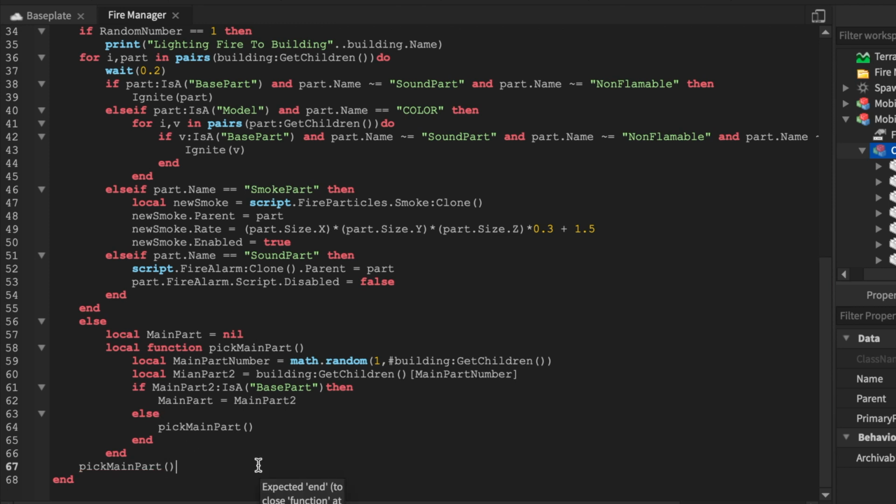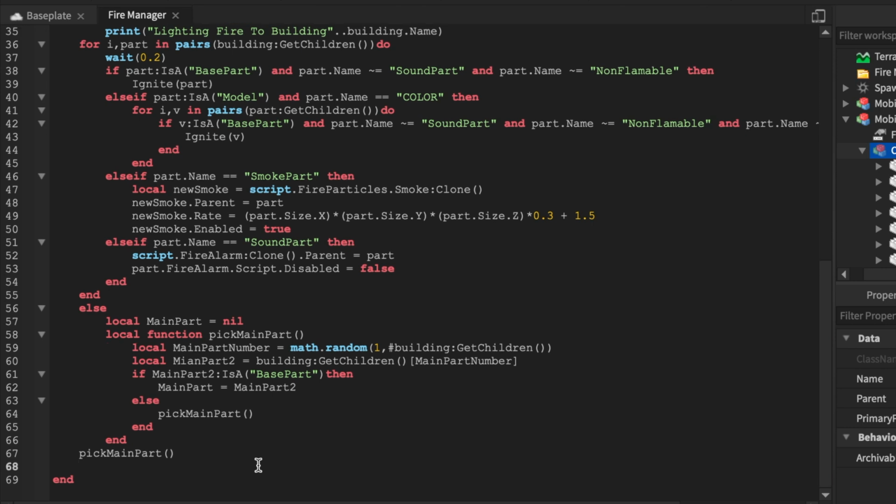And when we do that, we're going to say, almost done, guys. We're on 68. We just got like 110 more lines of code, but it's all good. We're learning how to do this. So we're going to add an indentation. We're going to say for part in pairs